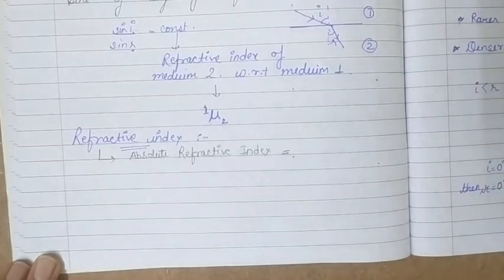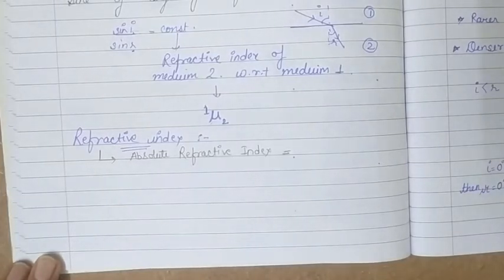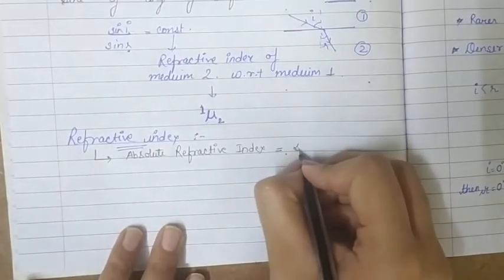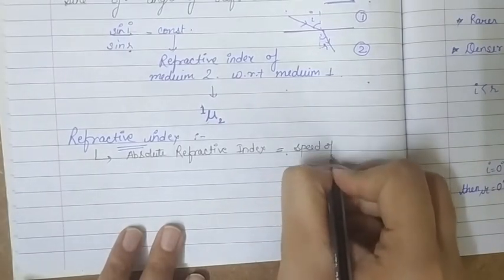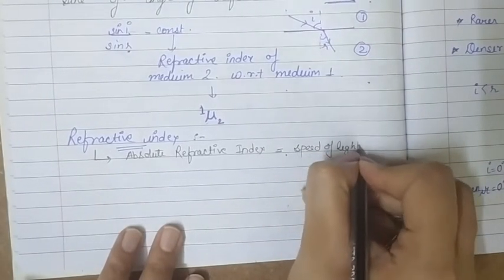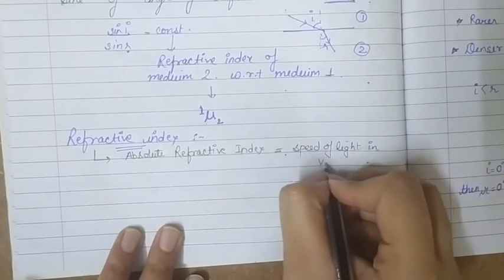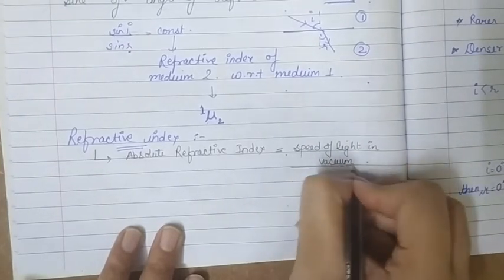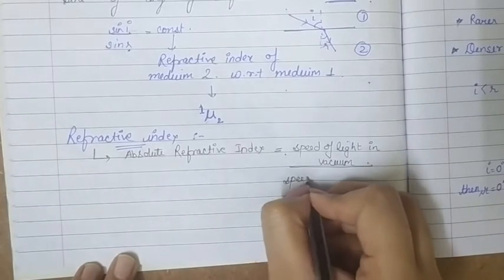So if I am talking about the refractive index of glass with respect to vacuum, then it will be the absolute refractive index of glass, and it is equal to the speed of light in vacuum, so it is taken with respect to vacuum, upon speed of light